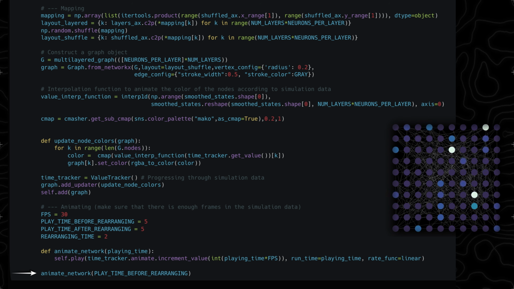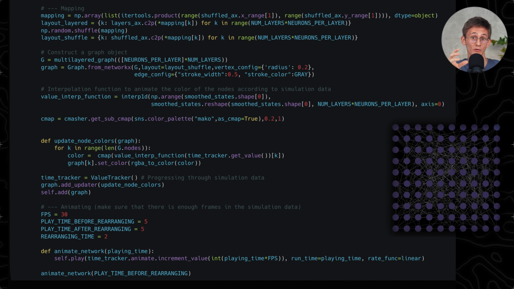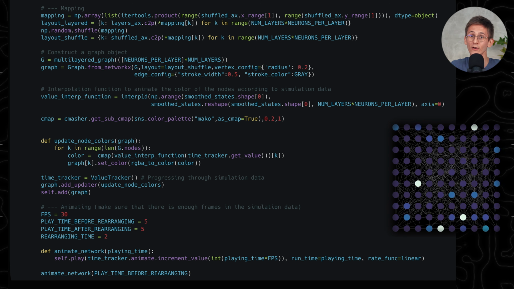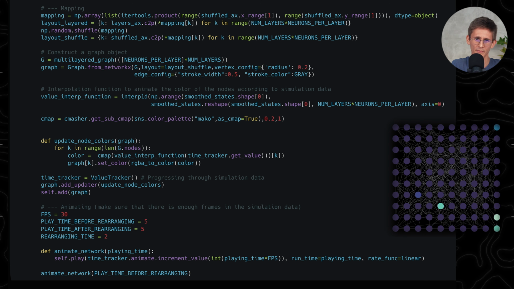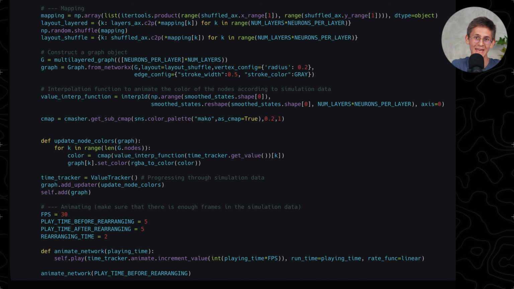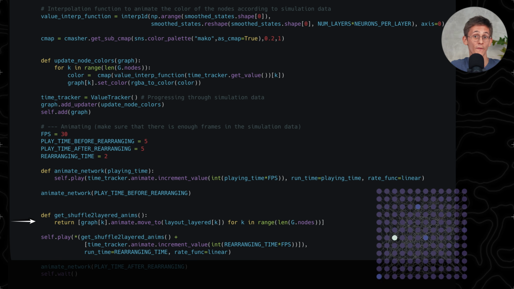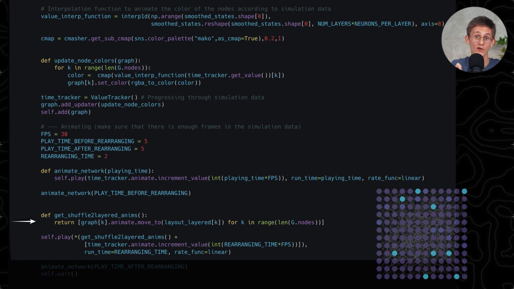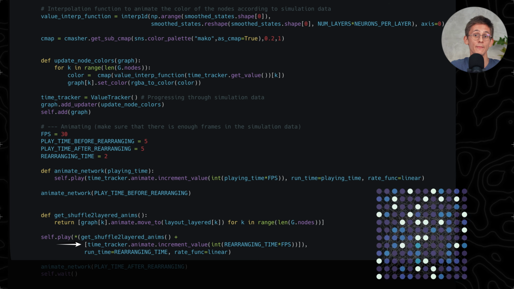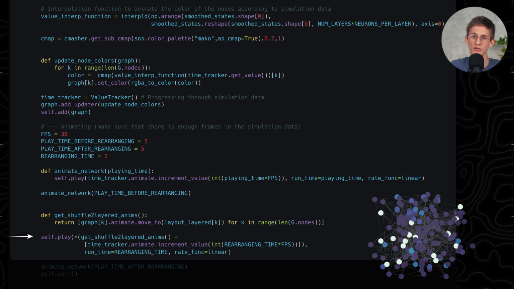randomly shuffled. But what if after playing for a few seconds of activity in this shuffled state, we want to rearrange the neurons into the original layered structure without interrupting the activity animation? Well, luckily, Manim is very clever about playing multiple animations together. So all we need to do is create a list of animations that will move each node into its original position, append this list with an animation for incrementing the value of the value tracker, and play the resulting collection